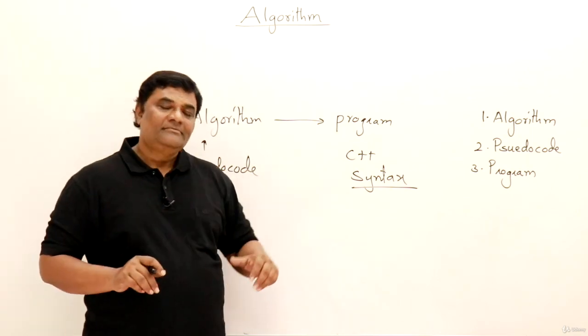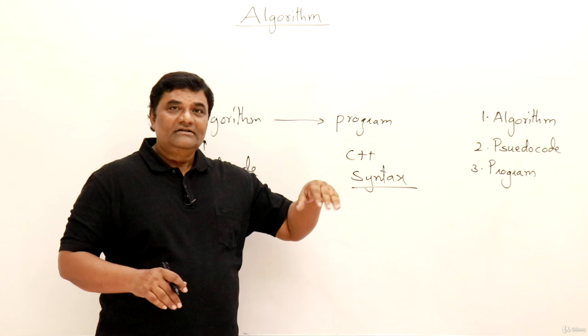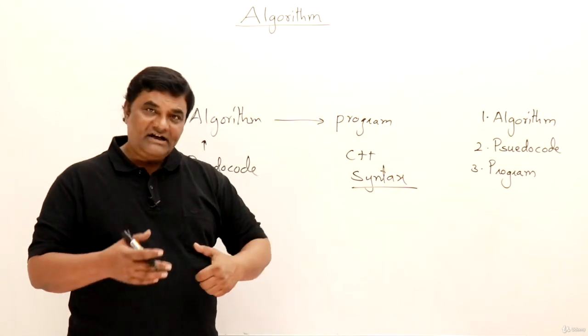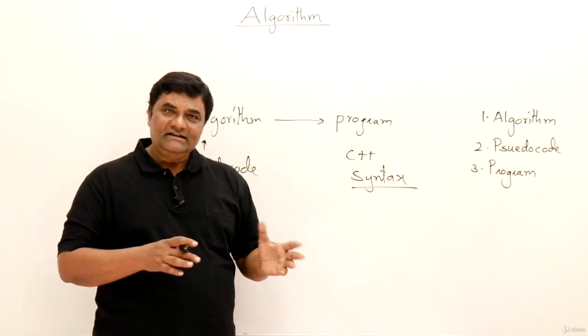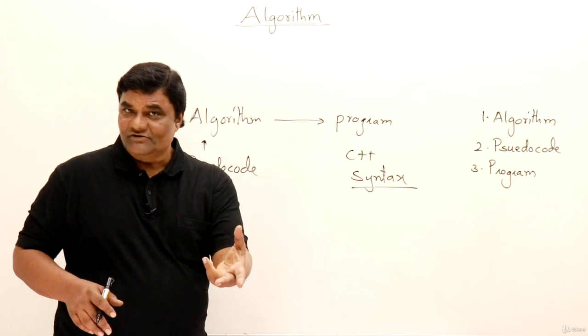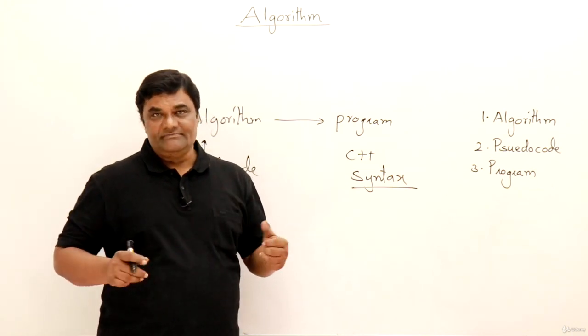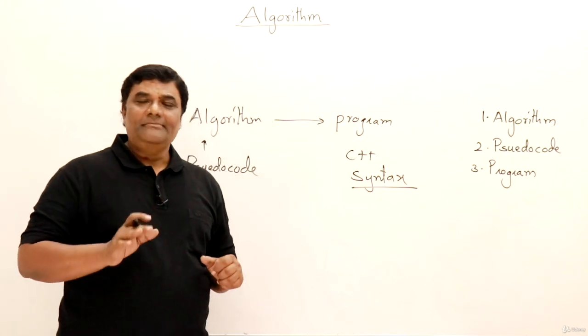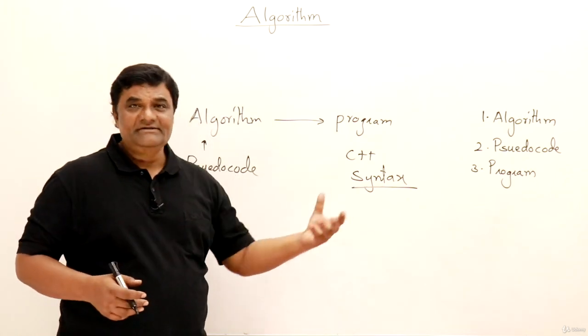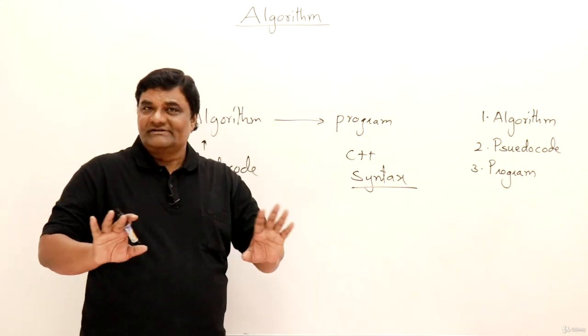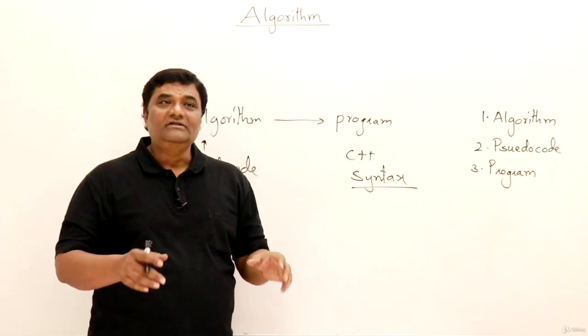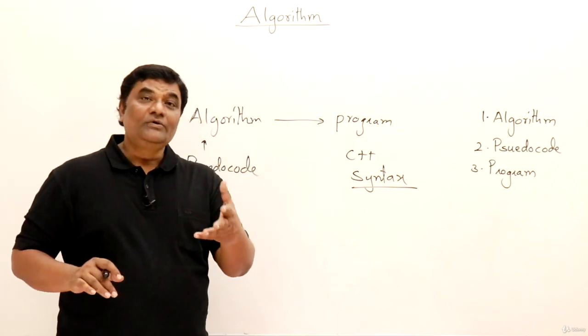For learning programming, people will first write an algorithm, then they will convert it into a program. If you have practice with this, then later on, if you have to devise your own algorithm, you should be able to do it. You should not be new to algorithms. Now let me write an example algorithm, and also a C++ program for it, though I am not going to explain how that program is written, just a sample to look at.